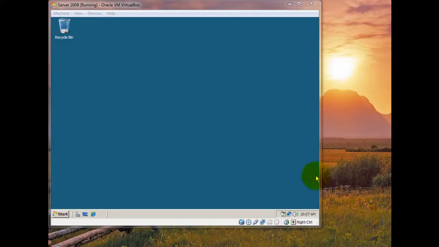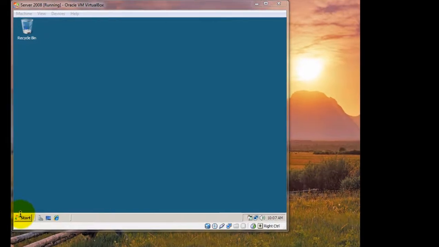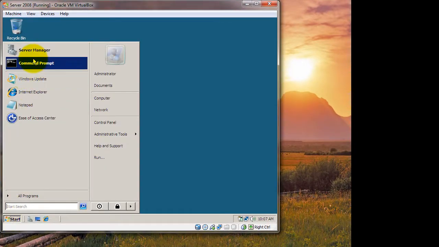Today's tutorial we shall feature the setting up of remote desktop, and then after we set up remote desktop, we shall take our XP client, part of the same domain, and we shall log in to our server. So firstly we shall go to our server, go to Server Manager,